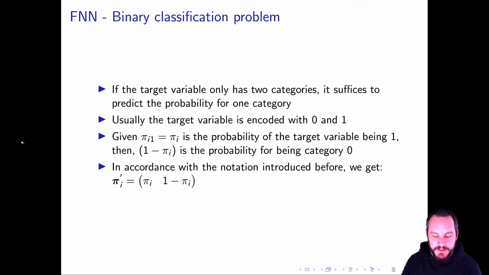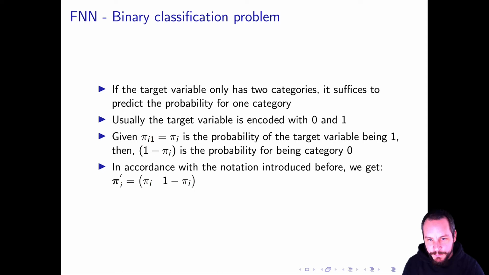Because if the probability, for instance, for this observation belonging to category 1 is 0.6, then the probability that it belongs to the other category must be 1 minus 0.6. So that's the point here, and that is why it usually is enough to generate a single output prediction for each observation. And what we usually do is we interpret this output as the probability that the observation belongs